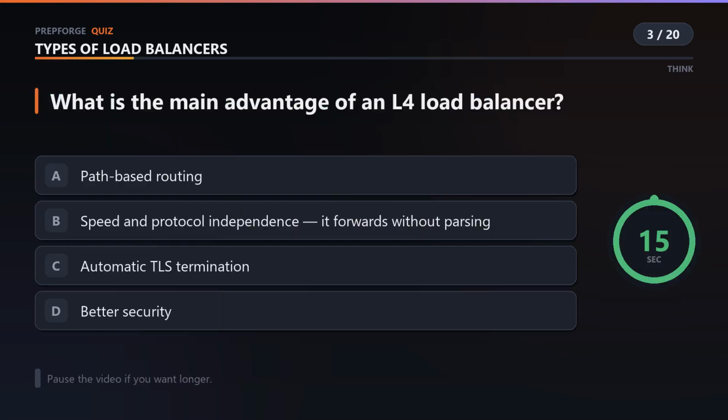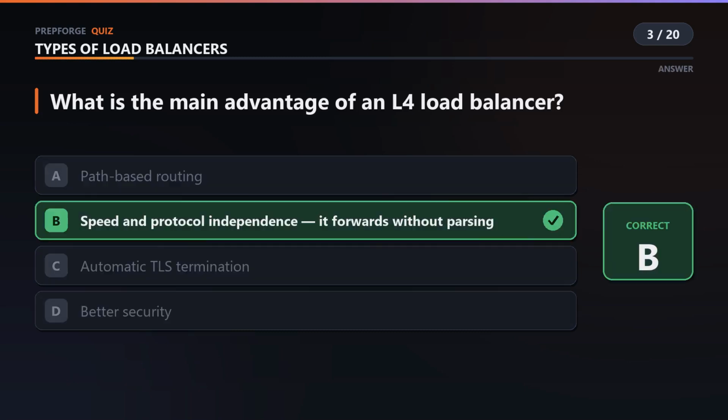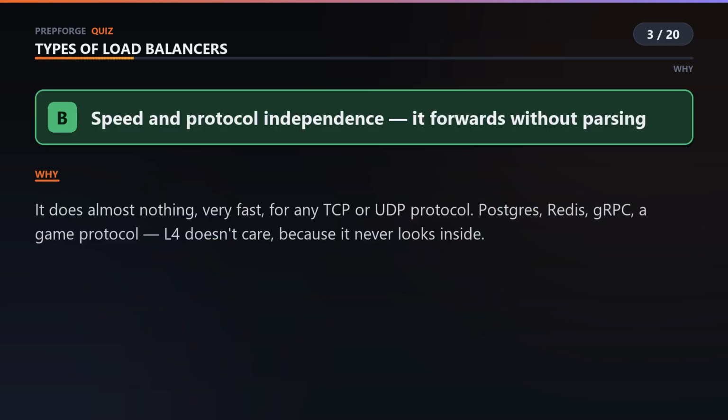What is the main advantage of an L4 load balancer? It's fast, and it works with anything.